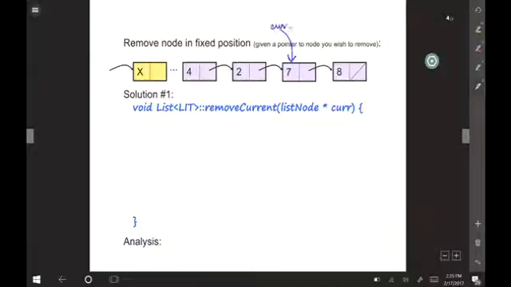So that's what the parameter is to remove current. Remove that one right there. Okay? Any question about that? Now that's a little different than the remove that we had in the list class, because that one says remove from a position. Okay, so let's talk about implementation here.